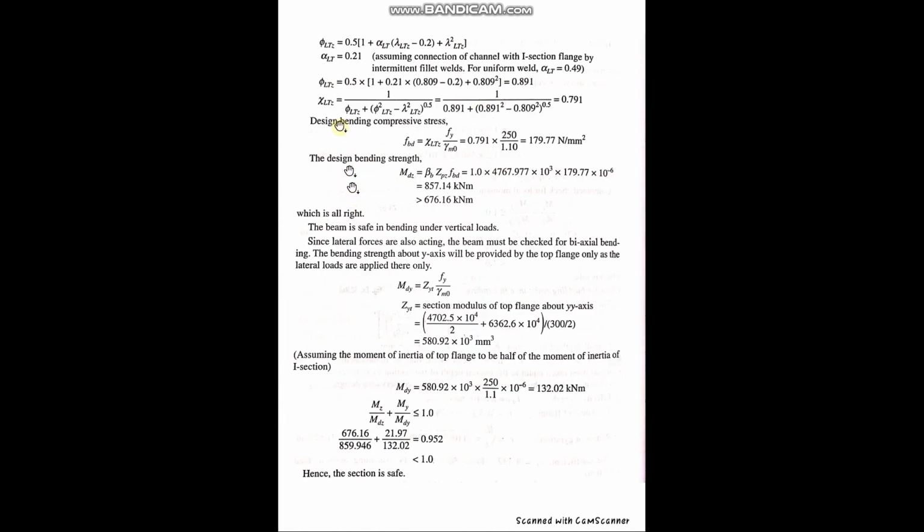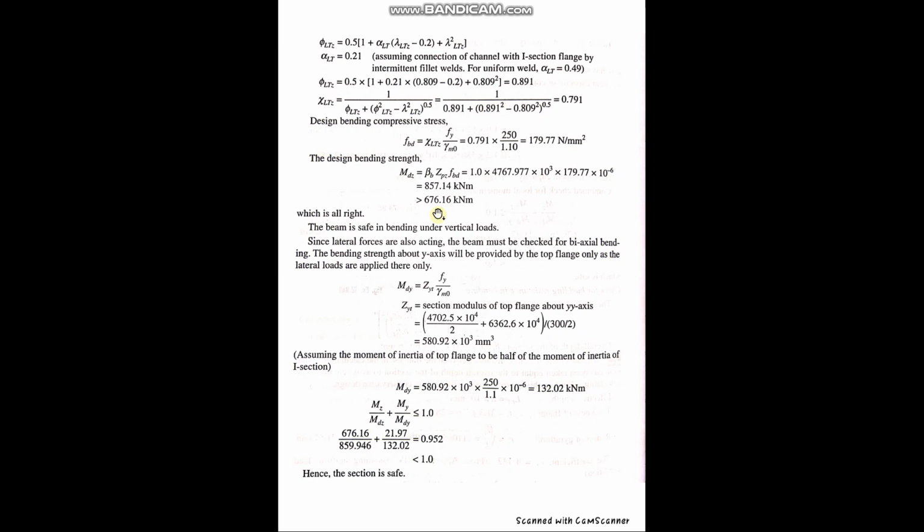So now, simply calculate lambda LT, thickness, all those parameters you already have from the IS handbook, and simply by putting this value you find the value of MCR, and simply following the steps that you already know earlier how to do it. Simply by doing that you calculate the design bending stress, that comes out to 857.14 kilonewton meter, which is